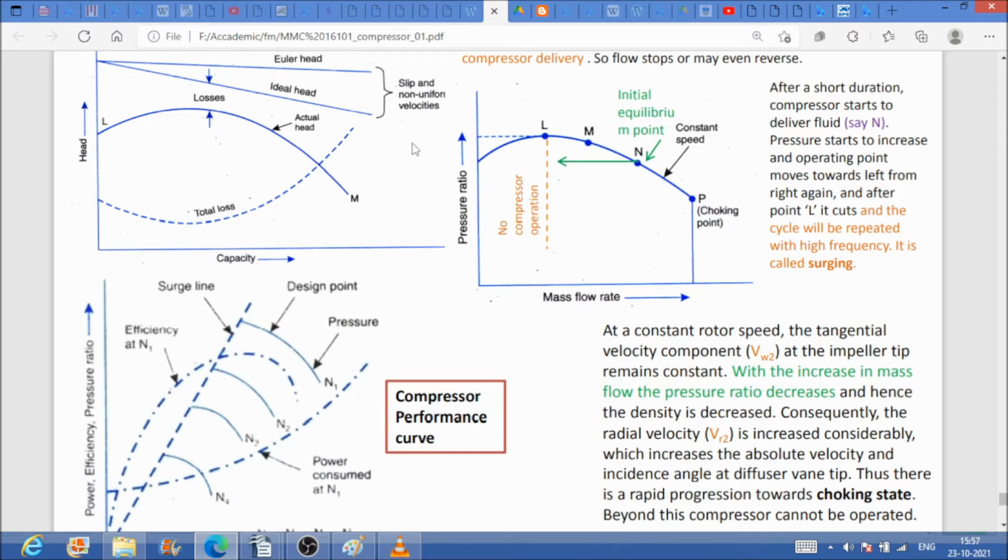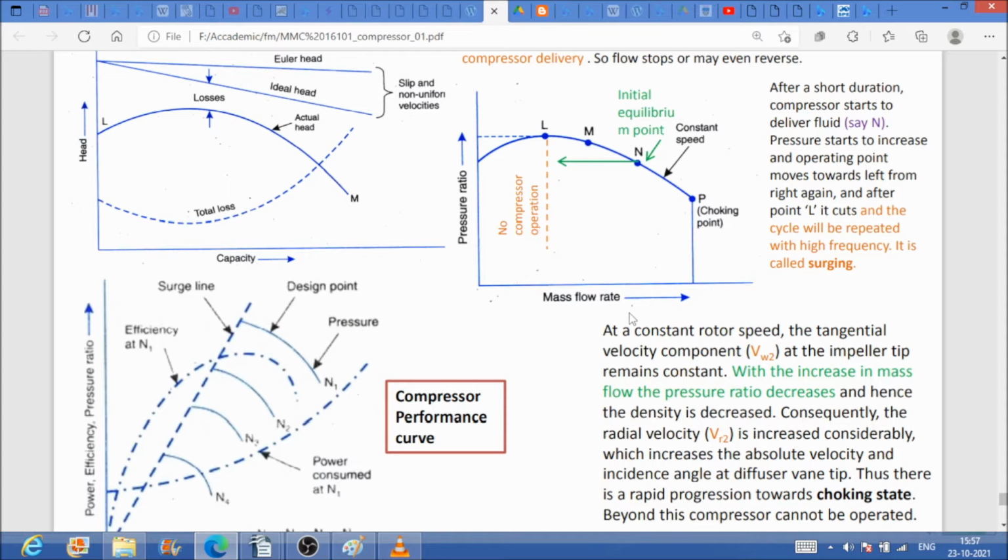Now remember this figure, and using this figure you can explain this very easily, I think. Now coming to choking, this is just opposite to that. Here the mass flow rate decreases. Now you go to the right-hand side of this, along the x-axis, the mass flow rate increases. When the rotor is at constant speed,